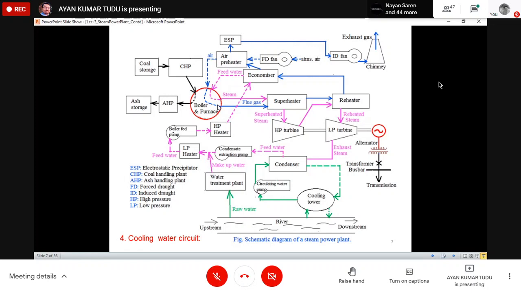Now, can you tell me, of all the motors that we are using, which motor is of the highest capacity and why? Please remember that most of the motors we are talking about are induction motors. Which motor is of the highest capacity, and why do you think so? Why are you telling me that motor is of very high capacity?